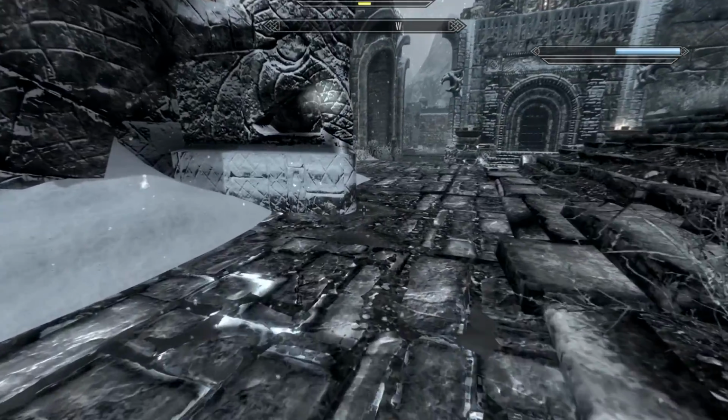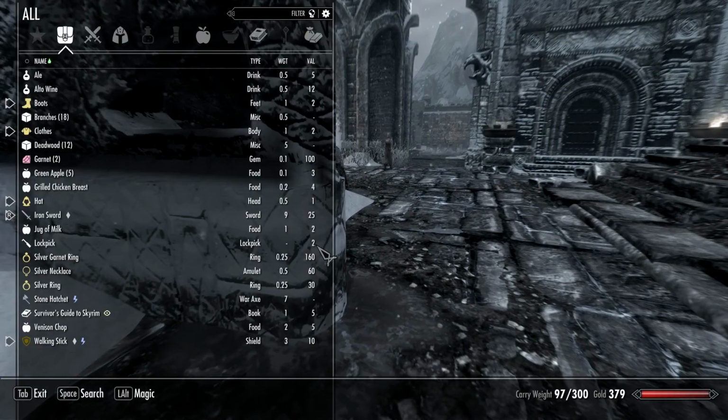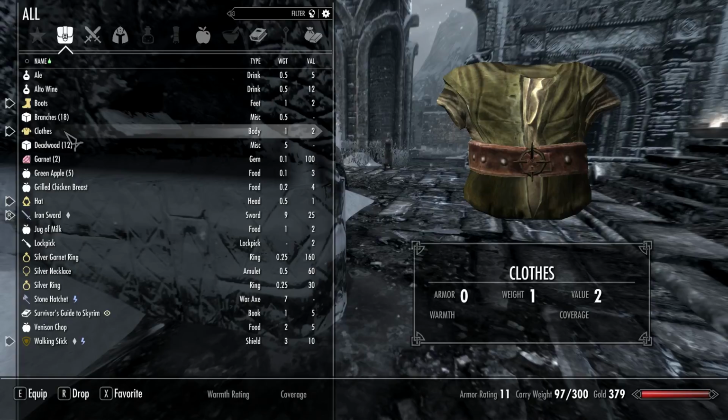Every piece of armor and clothing in the game now has a warmth and coverage mechanic. Warmth corresponds to your relative ability to keep out the cold, and coverage is about keeping out the wetness, with the relative ratings being logical. So for instance, fur is better at keeping out the cold than leather. Leather is slightly better at covering your body and keeping you